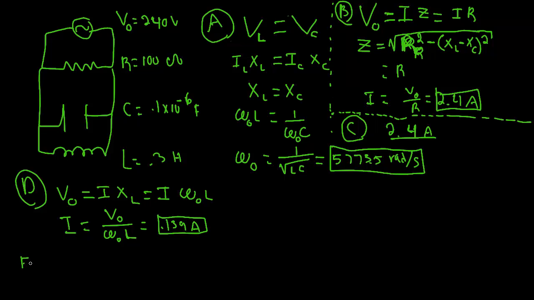And similarly, I'm going to squeeze in part E down here for a good reason as well, because you'll see something very similar. What is the maximum current in the branch containing the capacitor at resonance? They say the branch because obviously there's no current going through two plates with an empty space between them, which is the capacitor. We'll find that the maximum voltage is equal to I times the reactance due to the capacitor, which is just 1 divided by omega naught times the capacitance. The reactance, of course, is 1 divided by omega C. And if you do the algebra correctly, you'll find I equal to 0.139